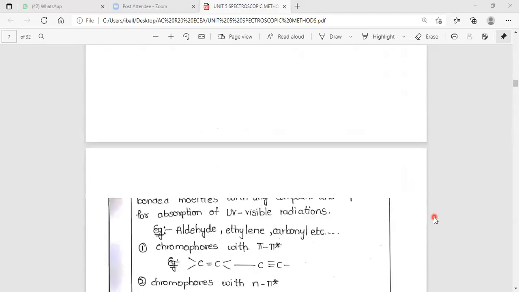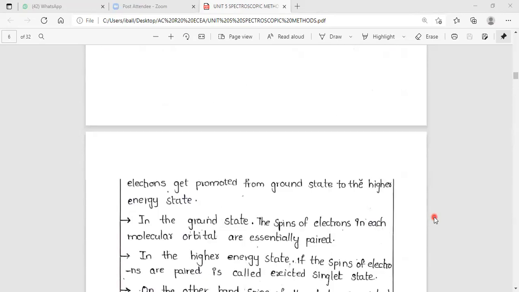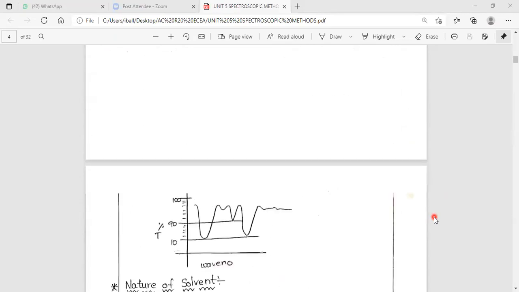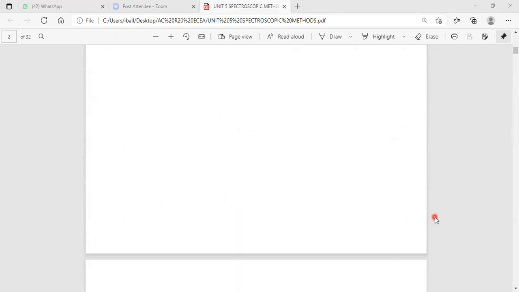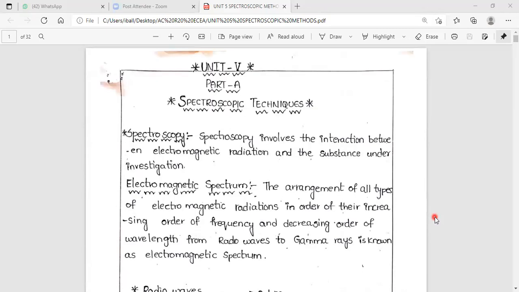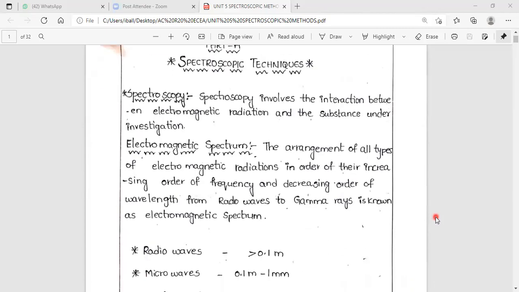Right, in the previous class we have discussed what is known to be the electromagnetic spectrum. In the previous class we have discussed what is known to be the spectroscopic method. When we are discussing the spectroscopic technique, spectroscopy deals with the interaction of the electromagnetic radiation with the substance